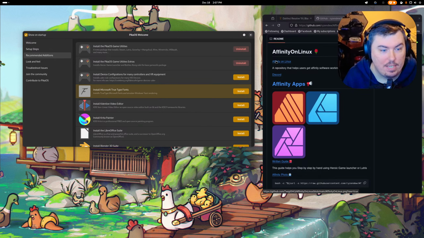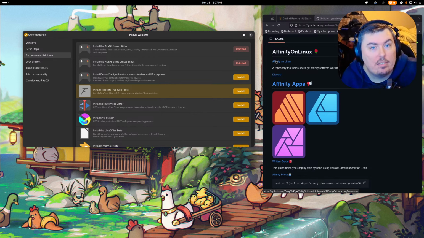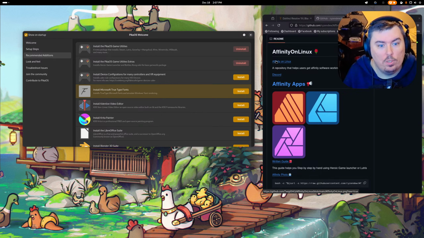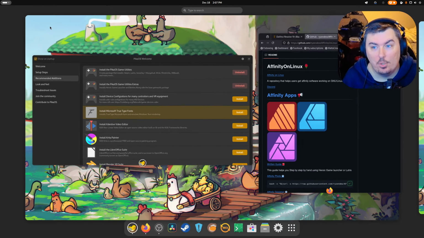This is built off of Debian. So they took Debian, they rebuilt every single package to be up to date with Arch. So you basically have a rolling release, a stabilized rolling release of Debian that actually performs well for gaming and content creation. I cannot speak today. I'm trying.